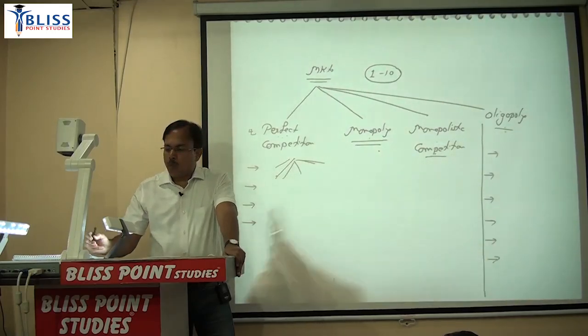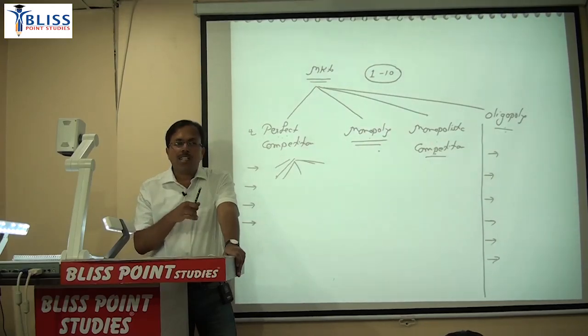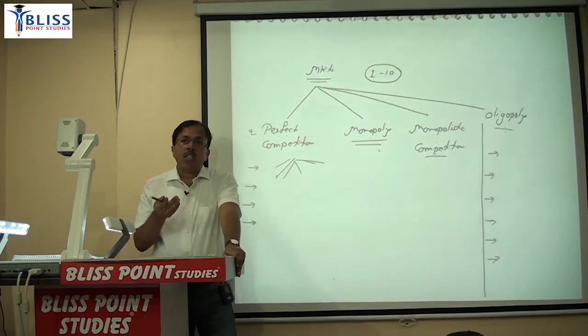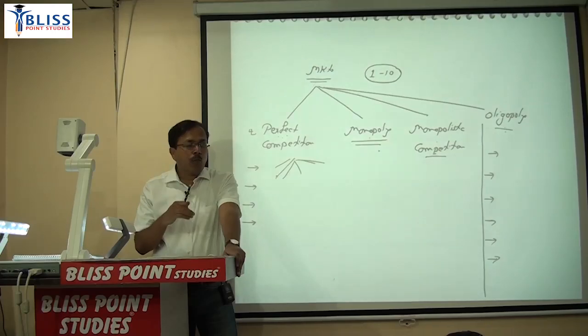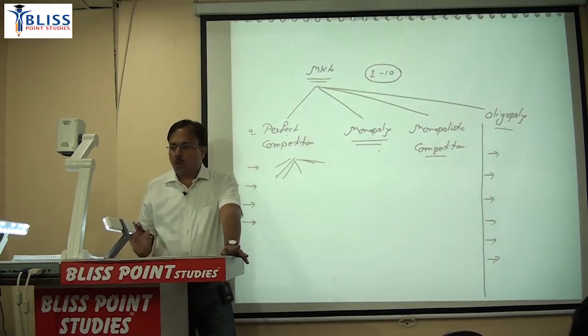But how much output one firm will produce? So what will be the objective of that firm? Rather any firm, objective of any firm, you are assuming that it is profit maximization, but objective may be different. But unless the question specifies, we will assume that the objective is profit maximization. Although objective can be sales maximization also, objective could be anything else also, but your objective here is to maximize